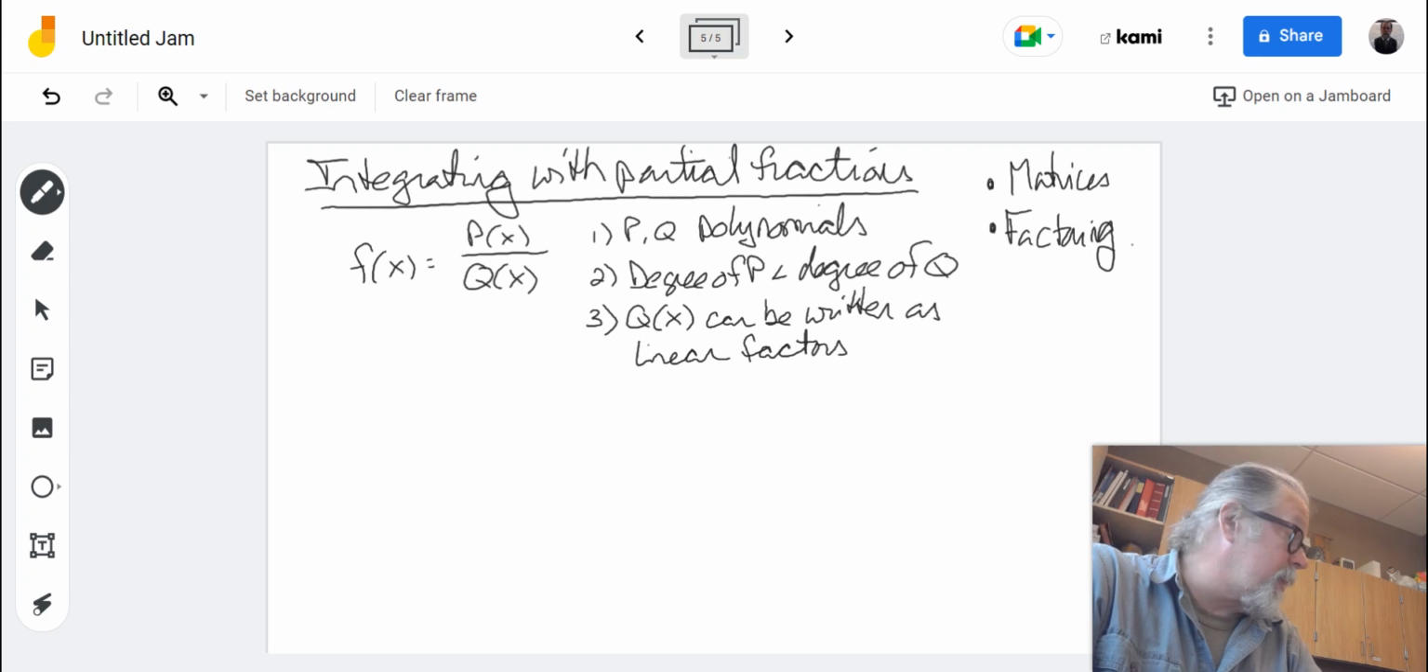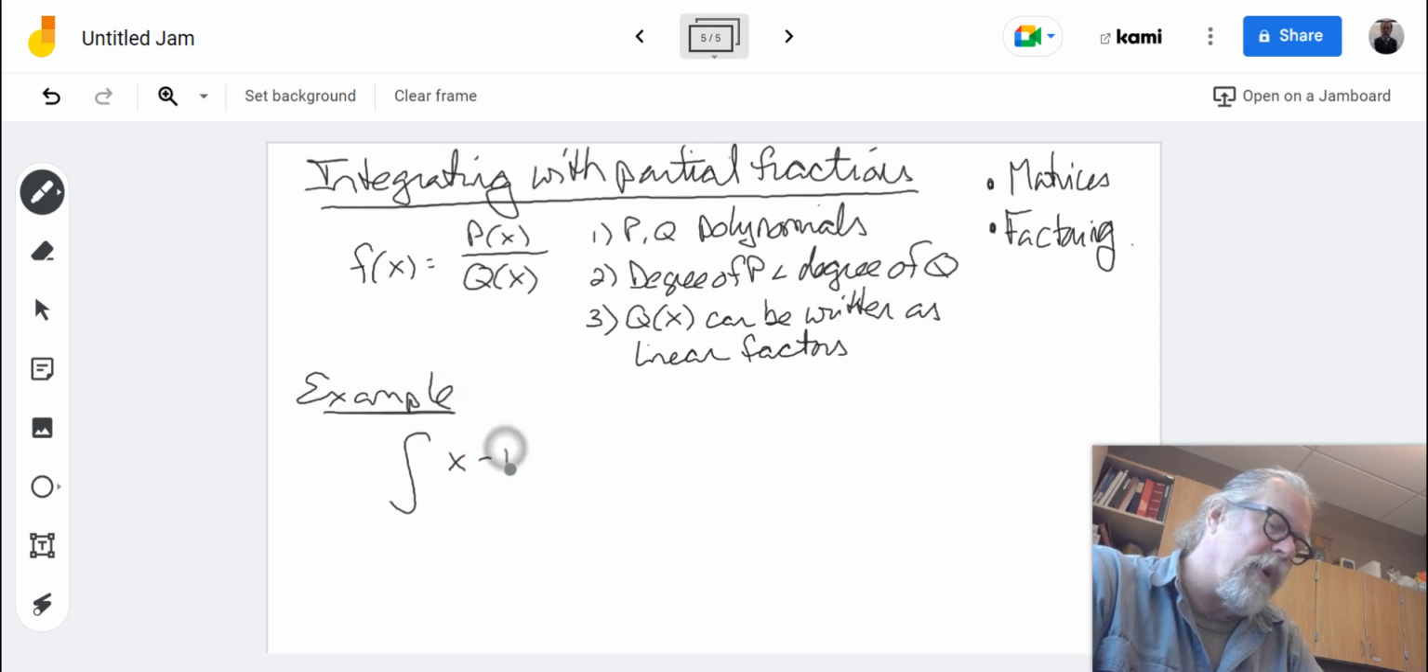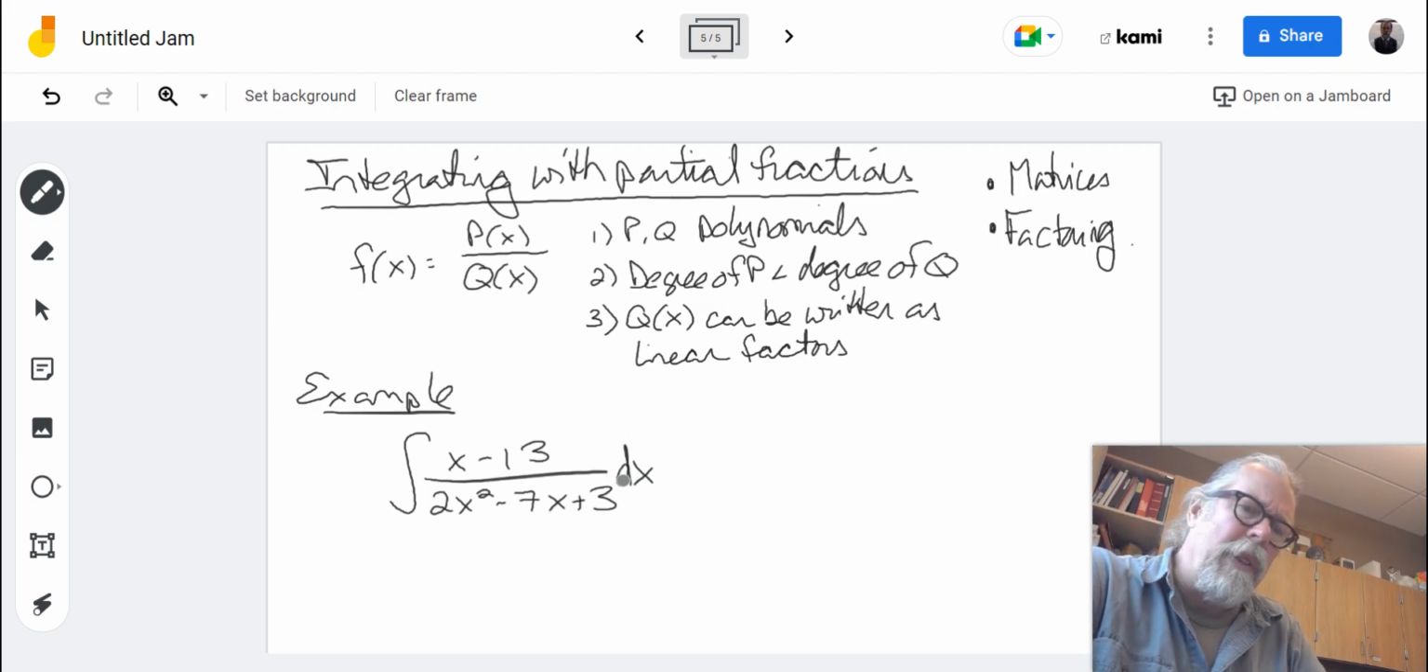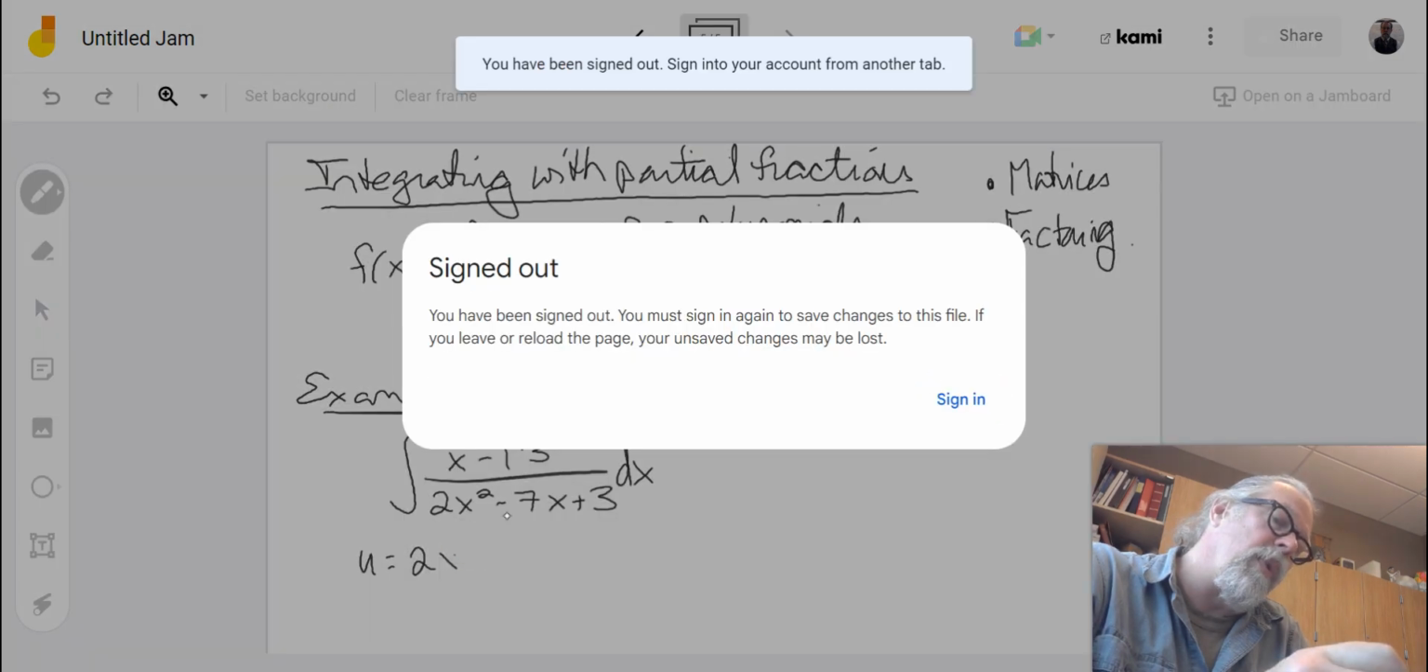So let's look at a quick example, and then I'll go into what we're going to do. The beginning of the example is the question: can you integrate the following function, x minus 13 over 2x squared minus 7x plus 3, with respect to x? And it looks off the bat like a u substitution. We'll make u equal to,